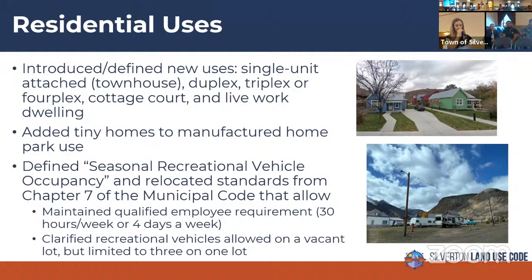But they must be occupied by a qualified employee, and that means someone who works 30 hours a week or 4 days a week. And then we also added some clarification that temporary recreational vehicles for this purpose are allowed on vacant lots, but they are limited to 3 to 1 lot. Next slide, please.